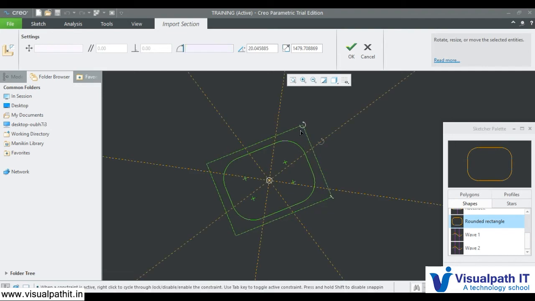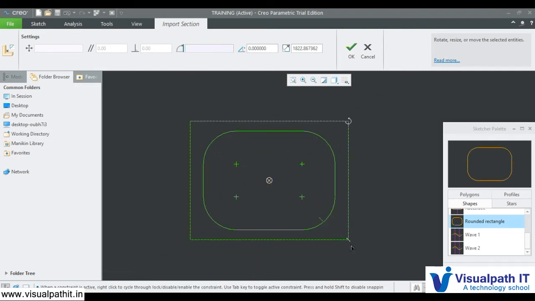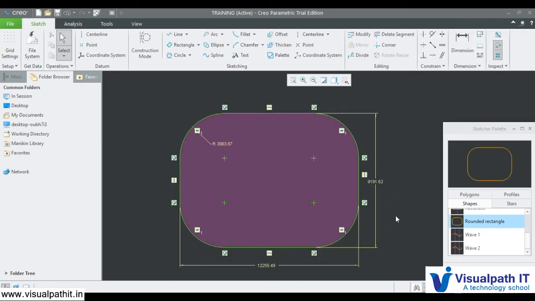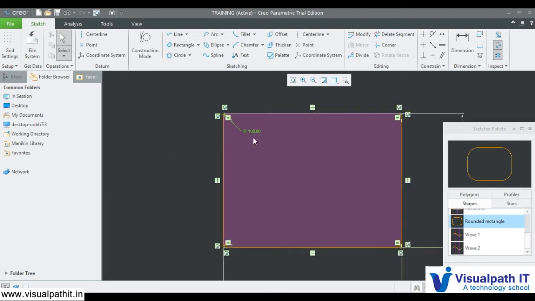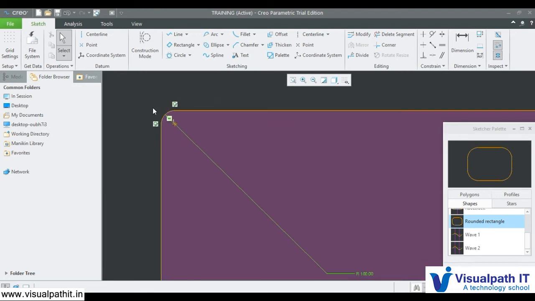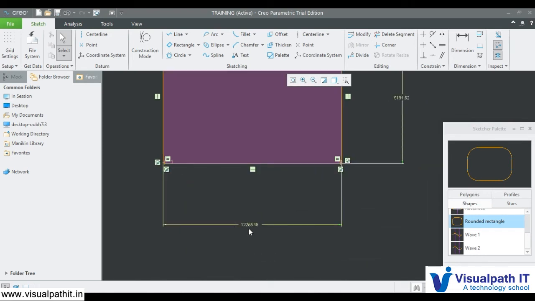If you want to rotate that, you can rotate anyhow. If you want to increase the scale, you can, and you have it. If you don't want this much radius, 100. If you don't want this much length, you can reduce it.